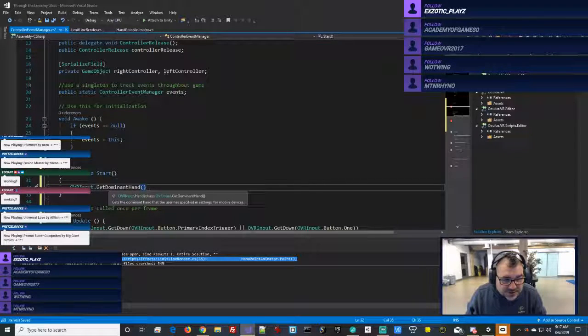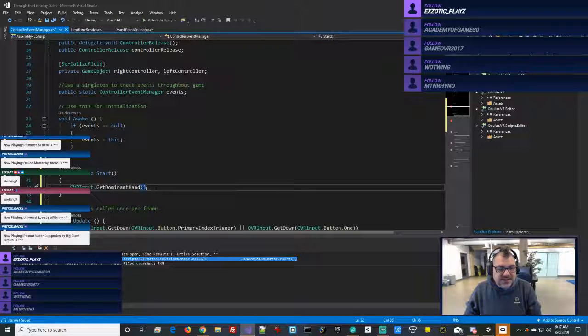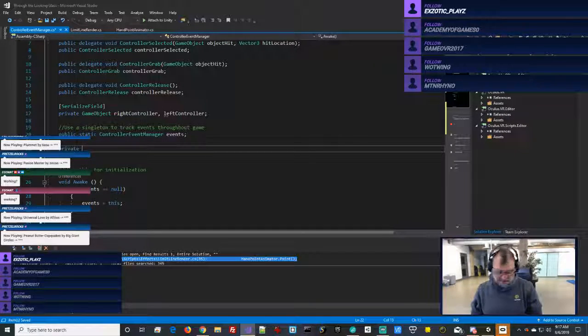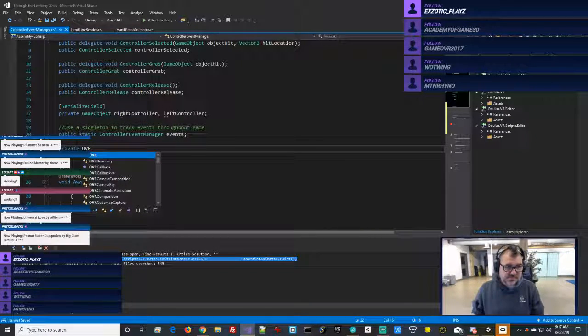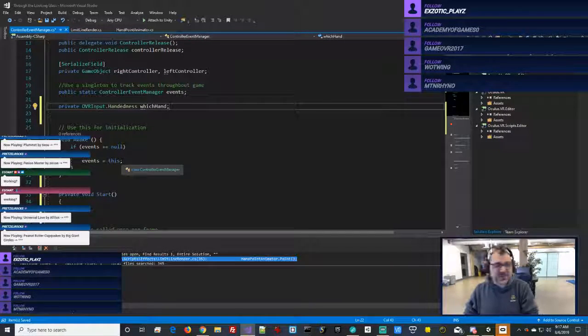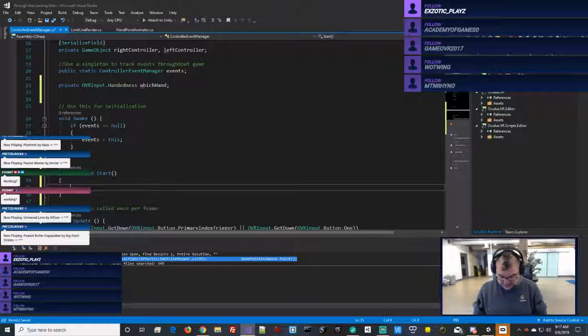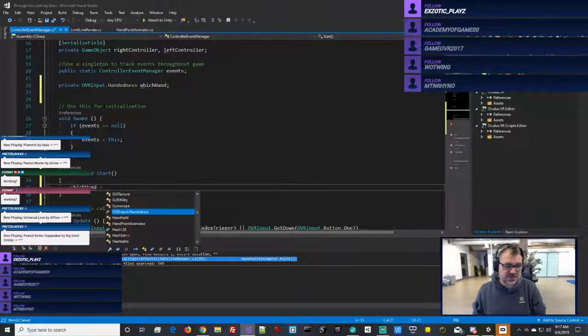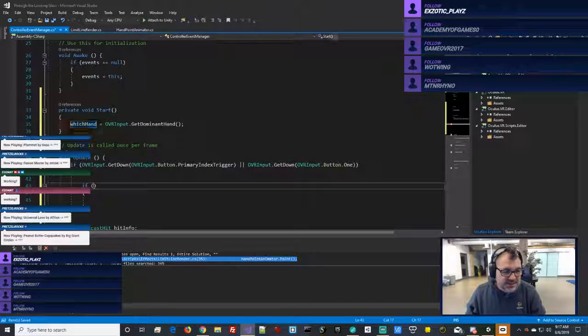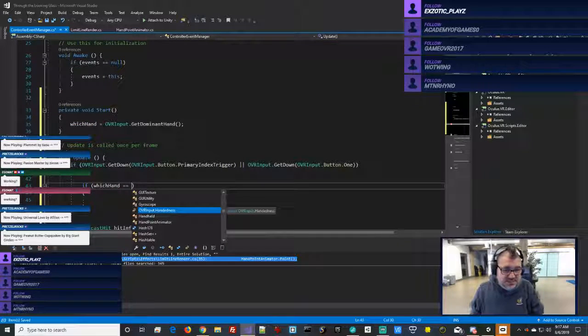So what does that return? OVR input handedness. We want to set up a private variable, we're just going to call that which hand, and then we're going to go in here and say which hand equals get dominant hand, and we're going to take that down to here if which hand equals